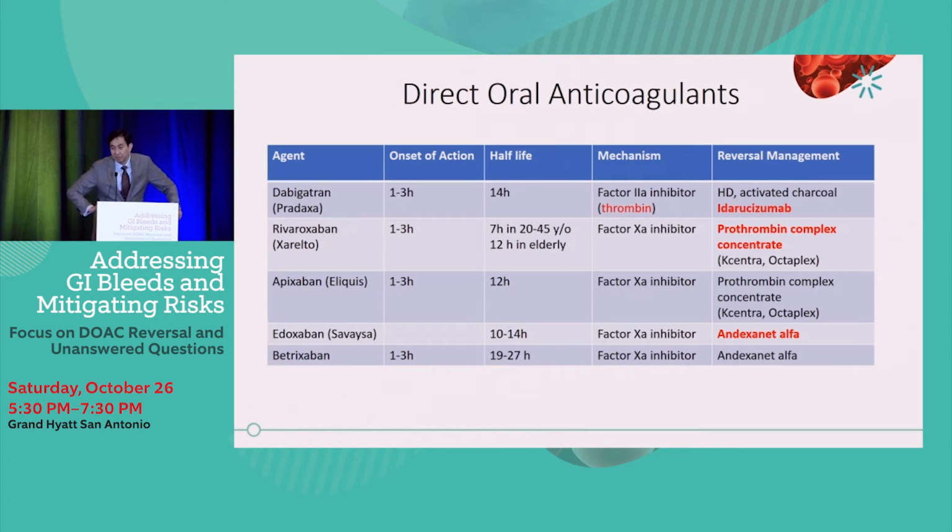So the point of this table is this. Most of them have a half-life of 12 hours, with the exception of betrixaban, which again, as Dr. Dresden says, we don't really use here. And their onset of action is pretty immediate, so within an hour or two, you're going to see the robust effect of these medications. So we talk about reversing agents, and again, some of these things were mentioned by Dr. Dresden. One is idarucizumab, which is very specific for dabigatran. A little older and a little more tried and true, but not necessarily efficacious, are the prothrombin complex concentrates, and the new kid on the block is andexanet alfa.